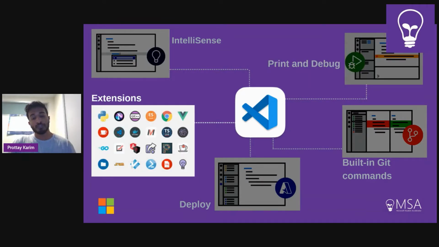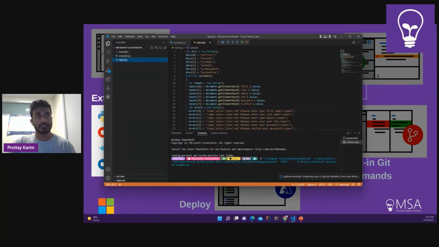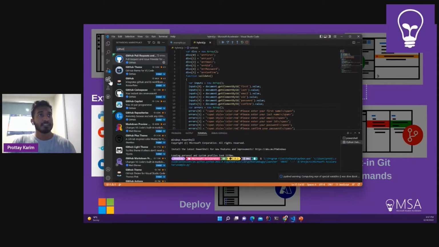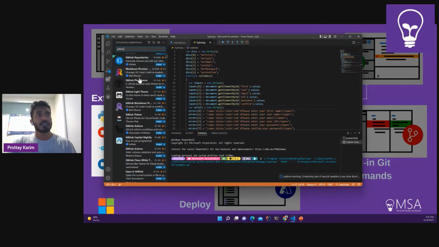Also, if you want more features on VS Code, install extensions to add new languages, themes, debuggers, and to connect to additional services. Extensions in VS Code run in separate processes, ensuring that they won't slow down your code editor. So this is the extensions panel where you can find